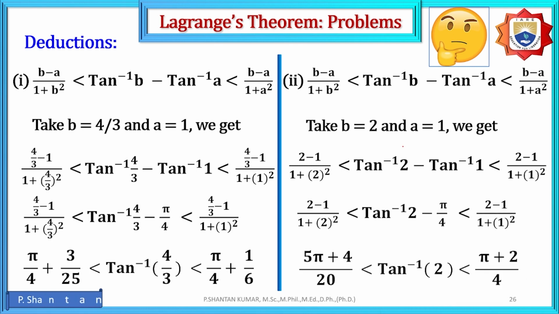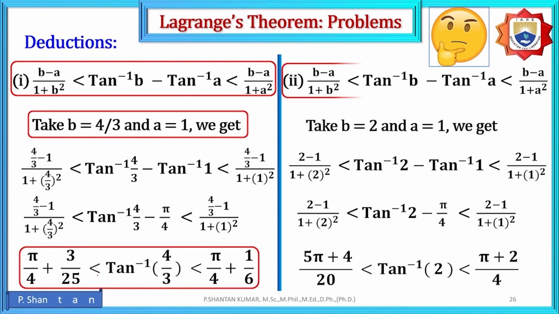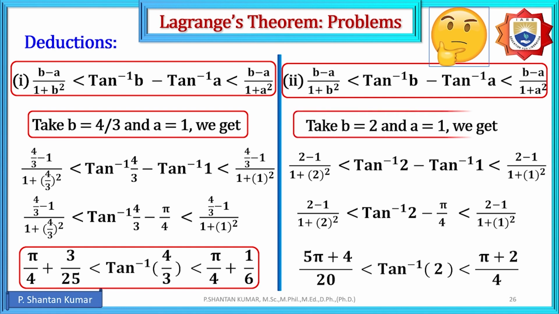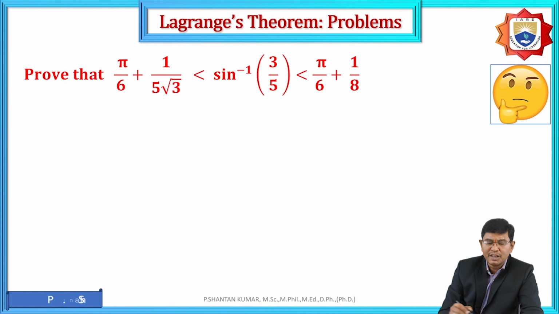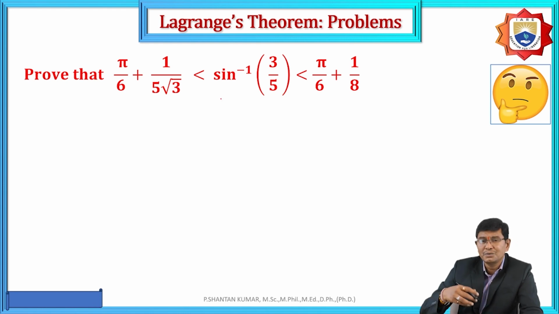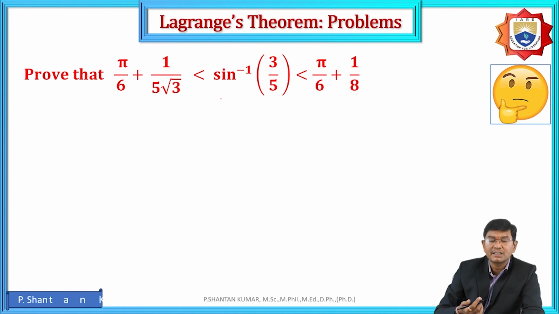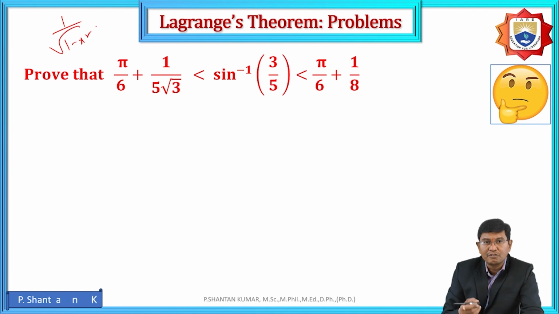Therefore, these are the particular values. For this purpose, by taking b equal to 4 by 3, and again the second one with b equal to and a equal to 1, we obtain the required solutions. And similarly here, if you want to verify, first of all we need to know the derivative of sin inverse x. The derivative of sin inverse x is 1 by root of 1 minus x square. And one more thing we need to remember is Lagrange's